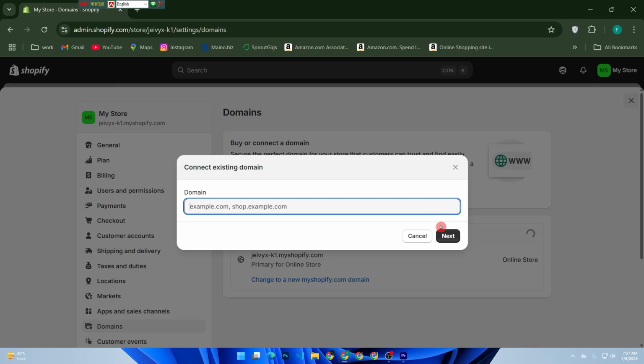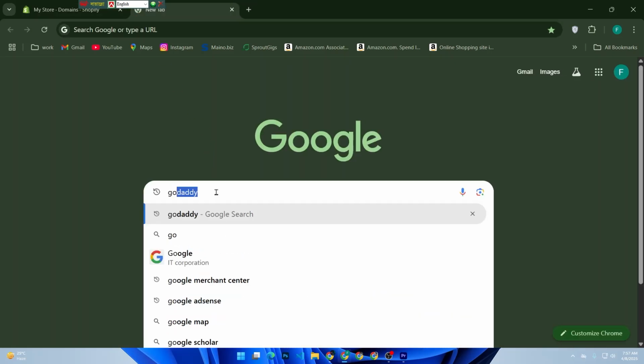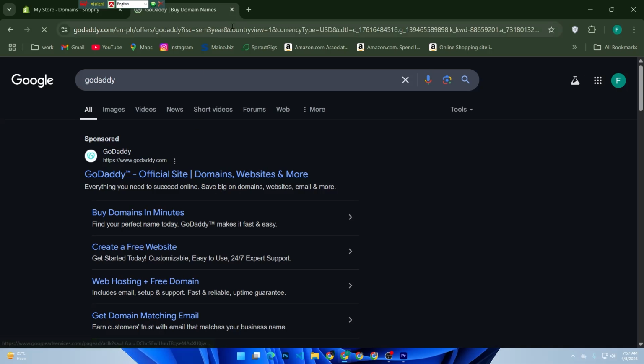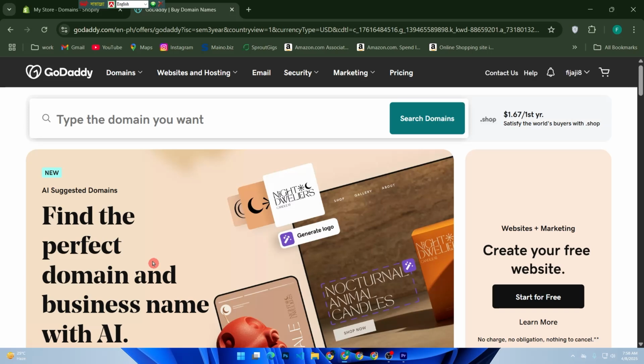Log in to your domain provider, like GoDaddy or Namecheap. Go to the DNS settings and update these records. It may take a few minutes to a few hours for the changes to go live, depending on your domain provider. Once the domain is connected, go back to Shopify